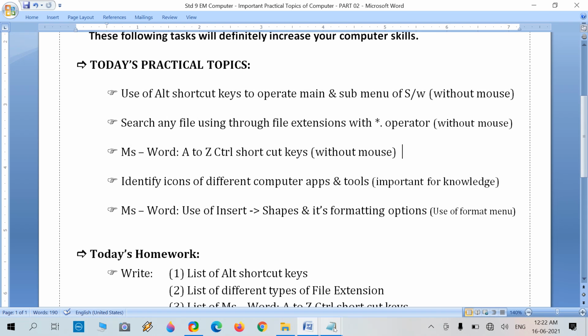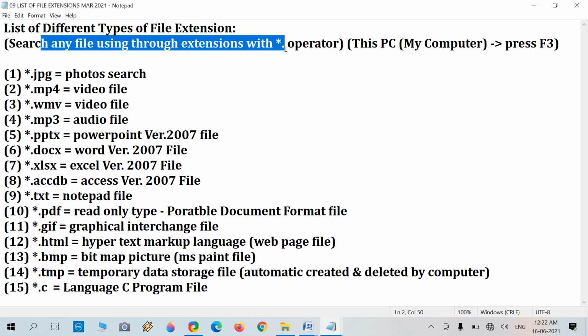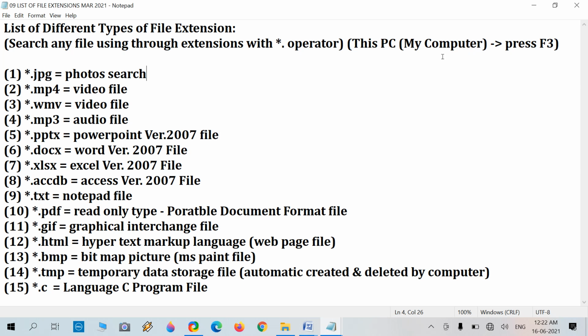There is a file extension list. Search any file through its extension with the asterisk dot operator. For this, open This PC or My Computer. If you have Windows 10 or a later version on your laptop or desktop, then you have the This PC option on the desktop, and if you have a previous version like Windows 7, XP or 8, then there is the My Computer option.